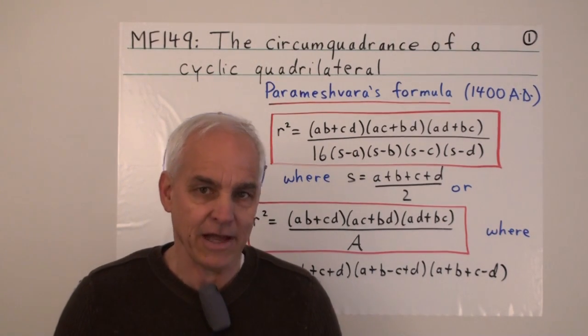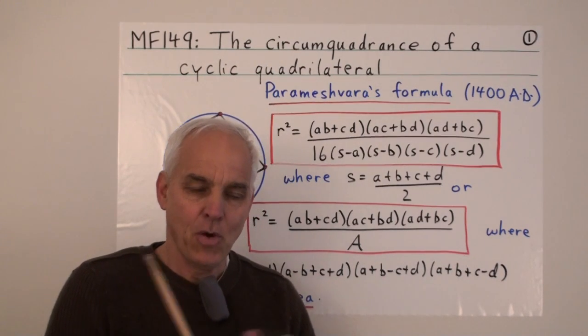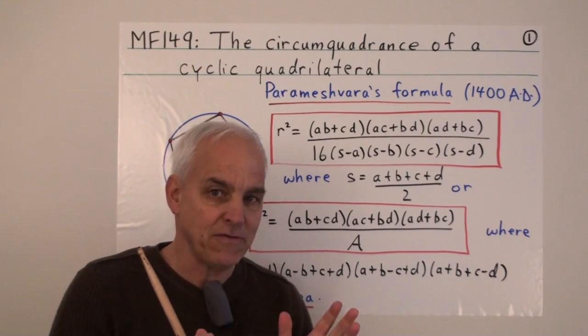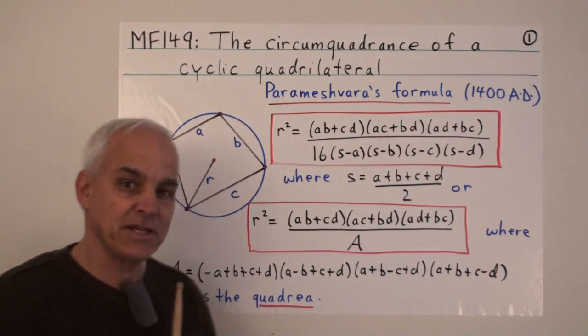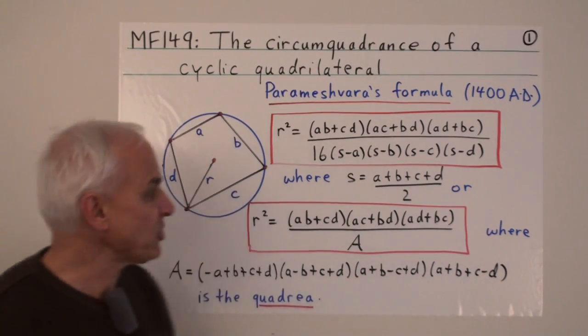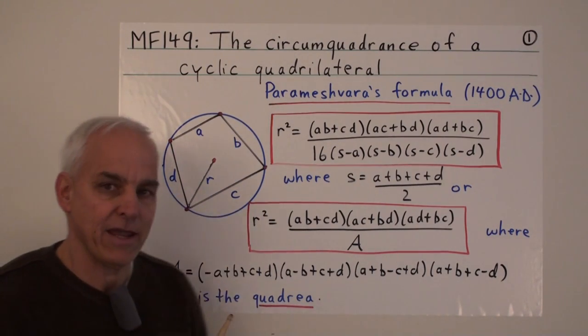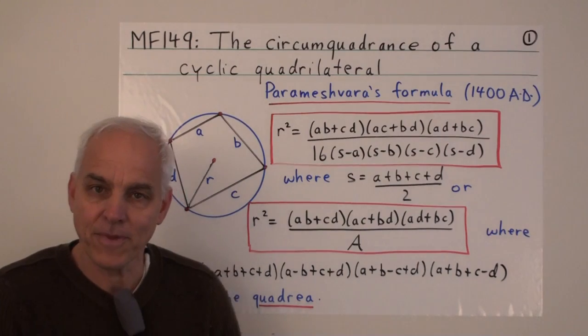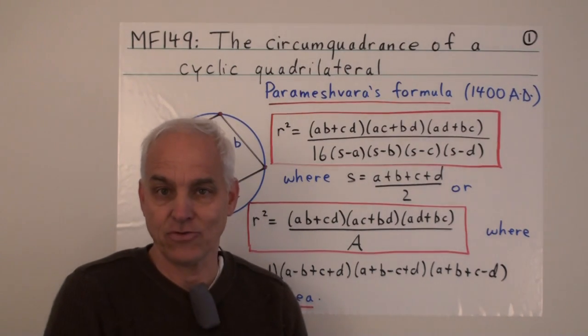In today's lecture, we're going to look at a somewhat more advanced topic where we take our projective quadruple quad formula and apply it to the interesting classical question about the relationship between the sides of a cyclic quadrilateral and the radius of the circle that contains that quadrilateral.